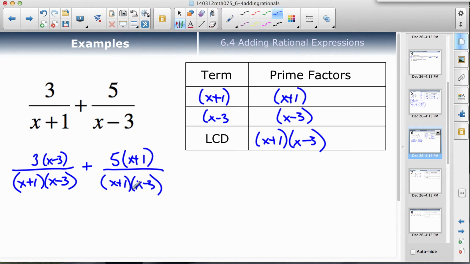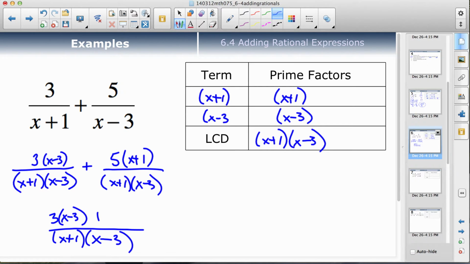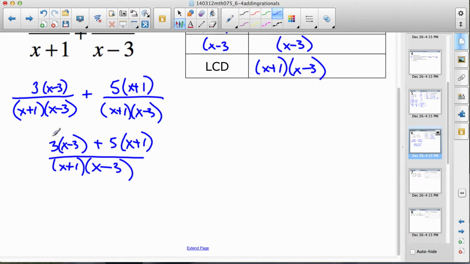Now I have the exact same denominator, so I can just write it by itself. X plus 1 times x minus 3. And then I can add the top stuff. So I'll have 3 times x minus 3 plus 5 times x plus 1. Now simplifying, I'll use the distributive property. So 3x minus 9 plus 5x plus 5